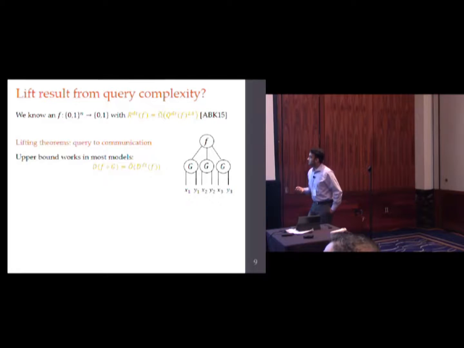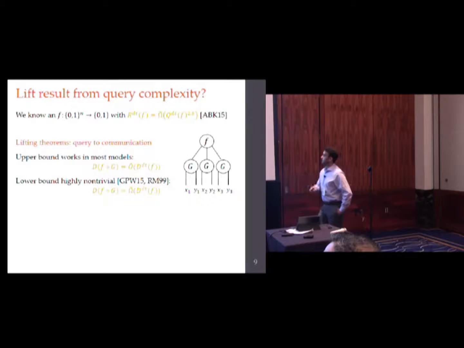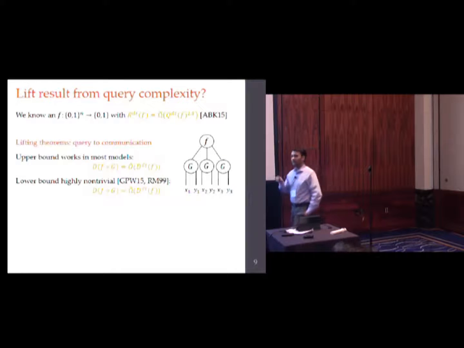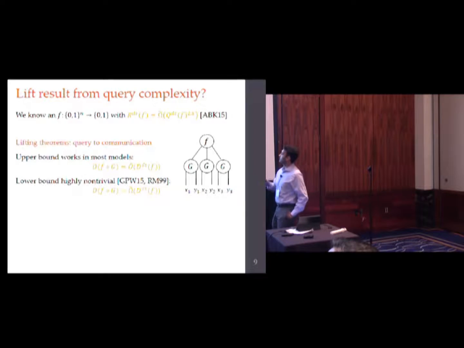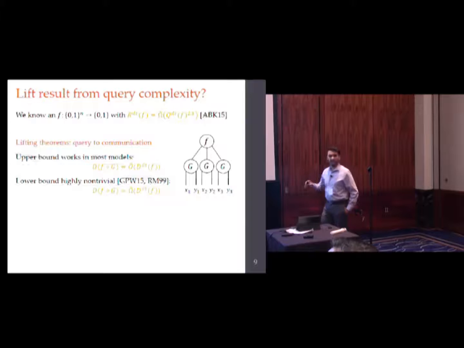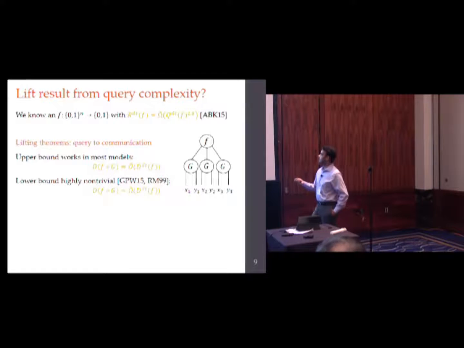And what is highly non-trivial is that sometimes you can prove matching lower bounds, and these are often called lifting theorems. So for deterministic communication complexity, you can actually prove this lower bound, which says that basically the best strategy for computing this function is for Alice and Bob to mimic the query protocol, and there's no better strategy. This was proved last year by Göös, Pitassi, and Watson, building upon the techniques of Raz and McKenzie for deterministic communication. So why am I talking about these lifting theorems? I'm talking about them because if we had a lifting theorem for randomized communication complexity, then we would be done.